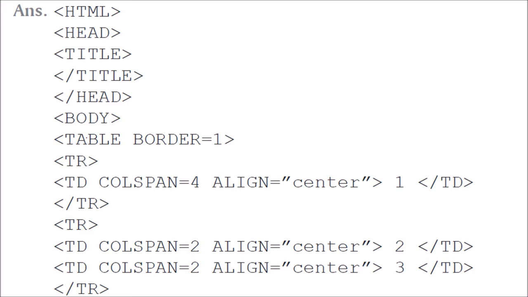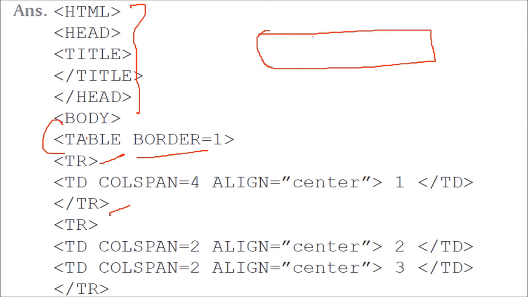Okay. First you have to make a table. I hope you understand this. After body, you have to make border equal to 1. Any border you can give. Now the first one was TR. Inside TR, that is the first table row, and that was taking 4 columns. So colspan equal to 4, and you need to align it center. Then you came to the second table row.